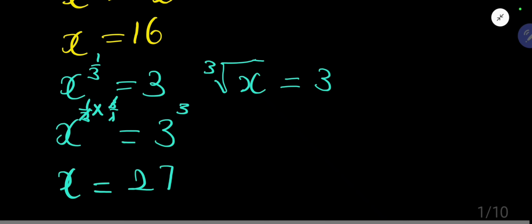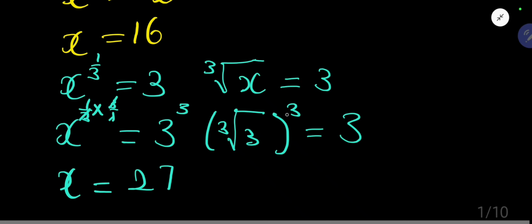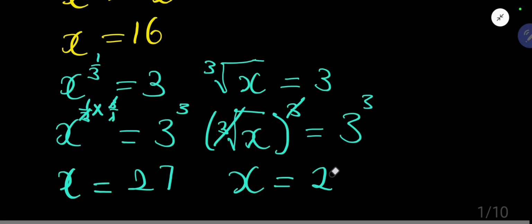Then 3. Okay, then what do you do from here? How do you remove this cube root? So a cube root is simply removed by cubing whatever you have. Whatever you do on the left must also be done on the right. So this will go away with the cube root, then you remain with 3. It's equals to, this is x, guys, sorry. So you remain with x equals 27. Math is so beautiful, guys. I enjoy doing this. Okay, so now